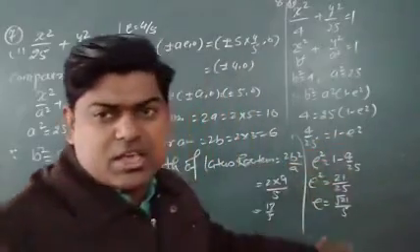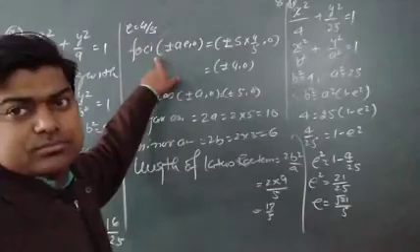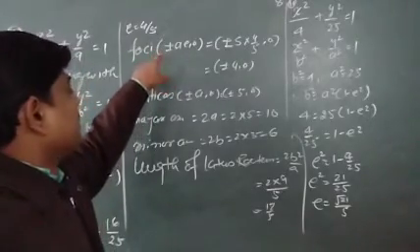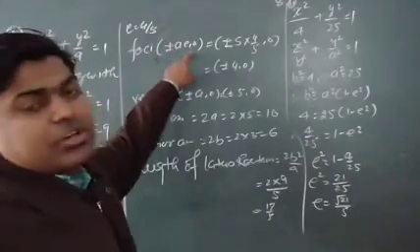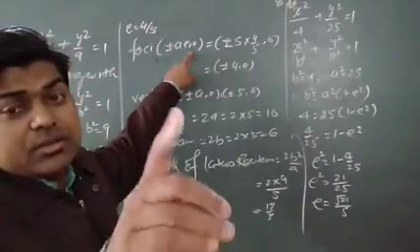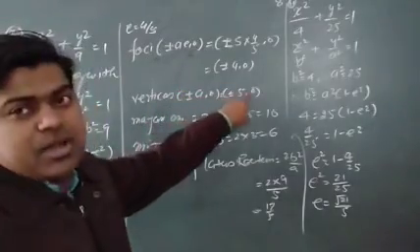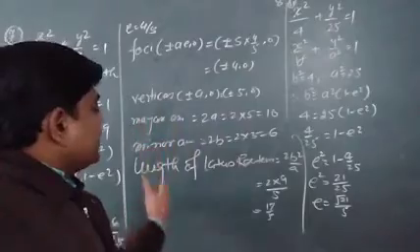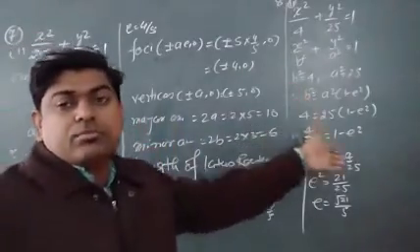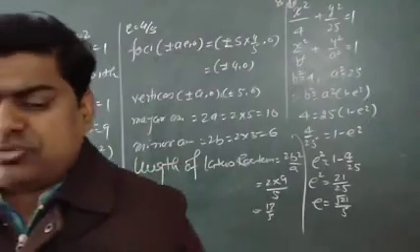And after getting e, as I told you, the coordinates of the foci, at the place of plus minus a e, 0, now I write 0, plus minus a e. Vertices will be 0, plus minus a. Major axis will be 2a, minor axis will be 2b. Then the latus rectum will be the same. We can do that. So these are the few things I want to discuss with you people.